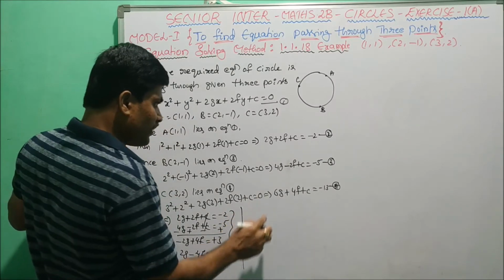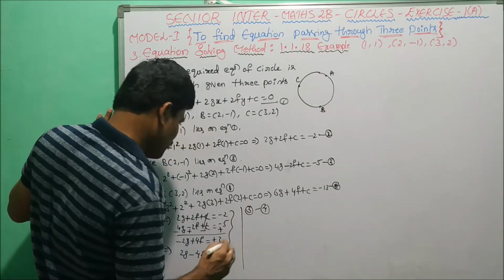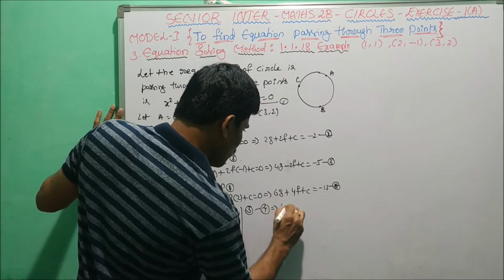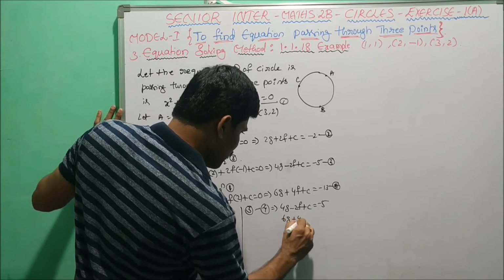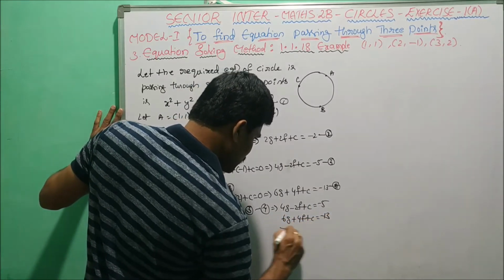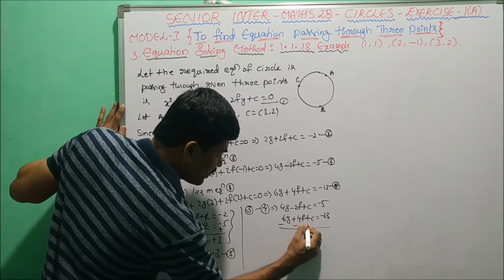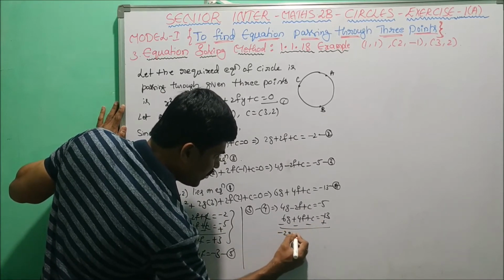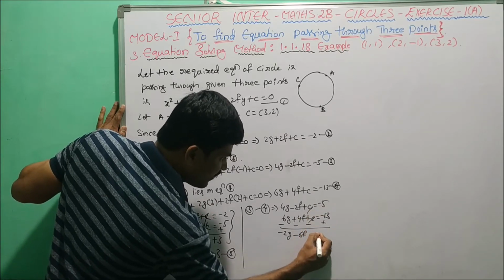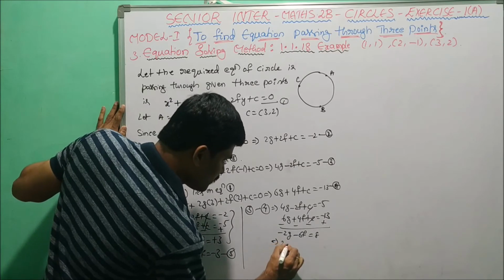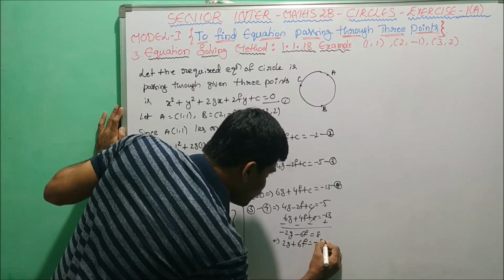Similarly, here we take 3 minus 4, equation 3 minus equation 4. In this, 4g minus 2f plus c equals minus 5, 6g plus 4f plus c equals minus 13. Now here also change the signs of the second equation. This is minus, this is minus, this is minus, this is plus. Minus 2g minus 6f, c's are cancelled, 13 minus 5, that is 8. Plus 6f equals minus 8, which is equation 6.